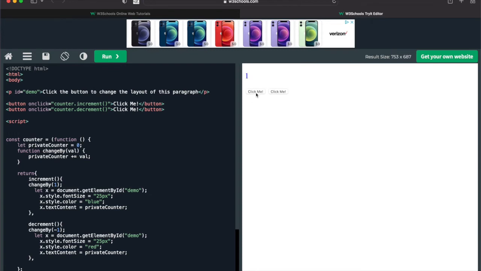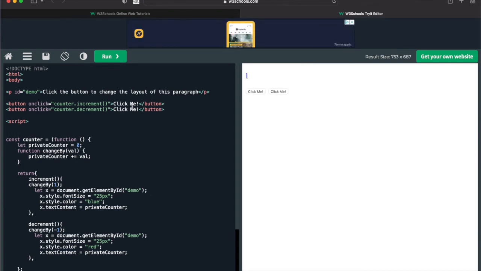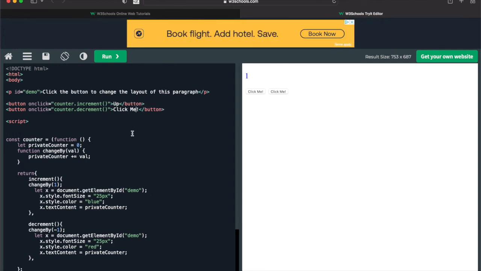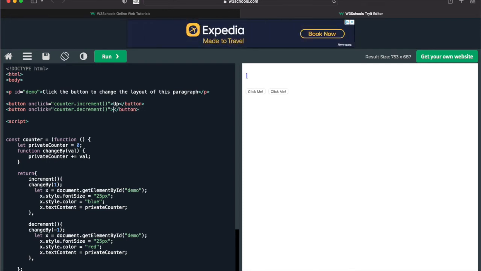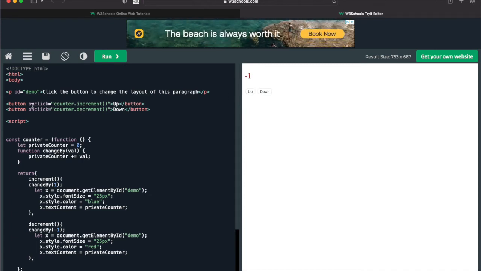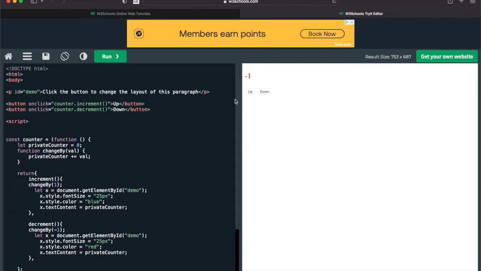Now you can see when I click the button increment, let's change this to up, down, up, down. Now you can see as I'm clicking these buttons using these on-click handlers here,